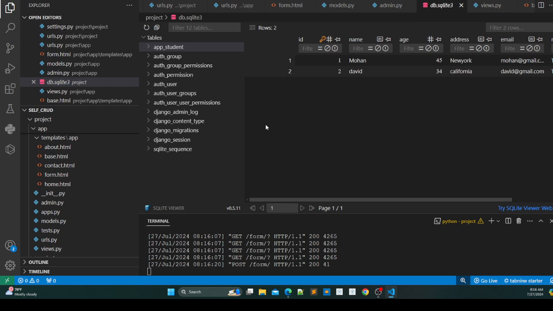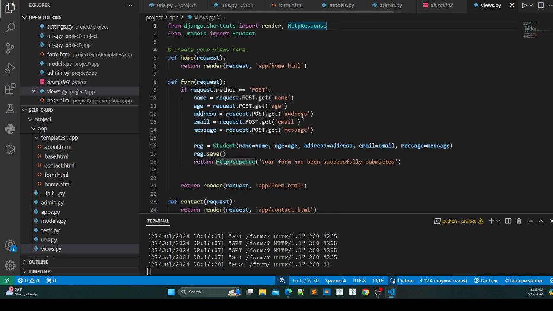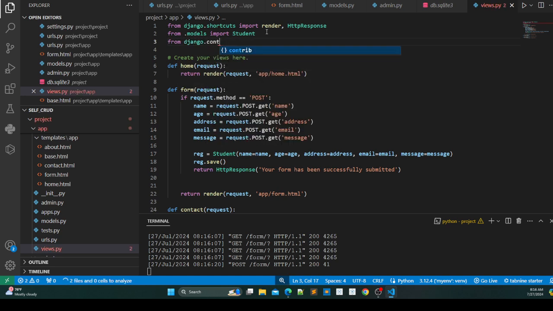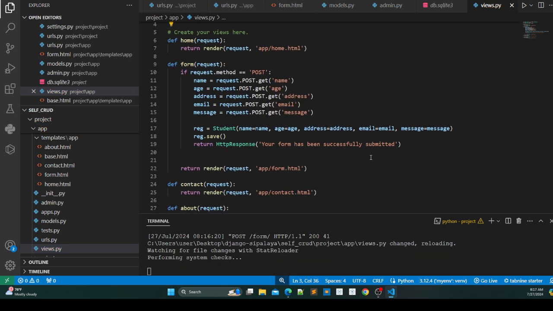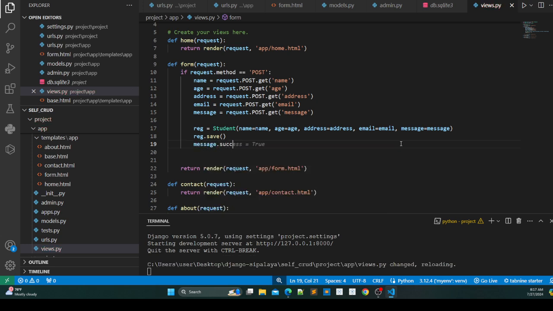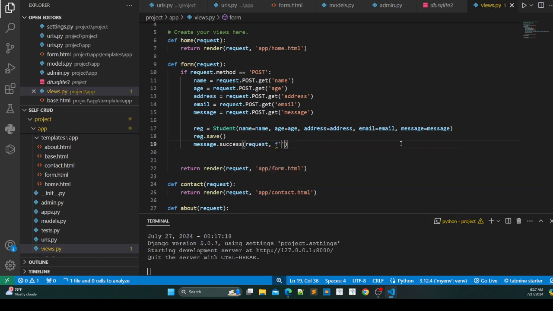In order to show that message in a more beautiful way, go to views.py. From django.contrib import messages, so import the messages. You don't just want to return this thing. What you need to do is messages.success. The first thing you pass is the request,